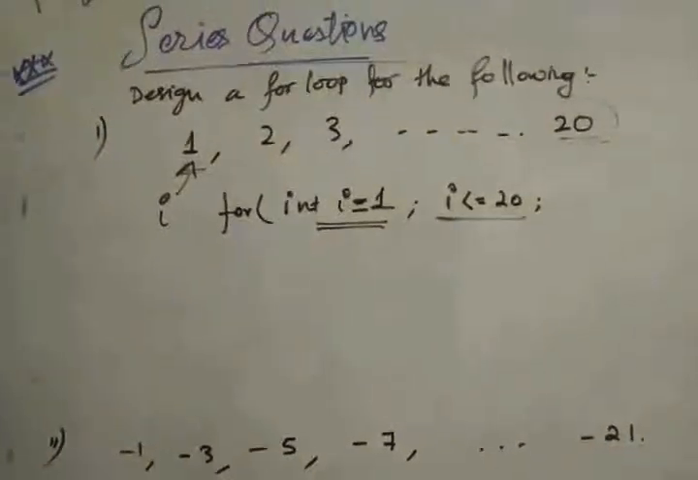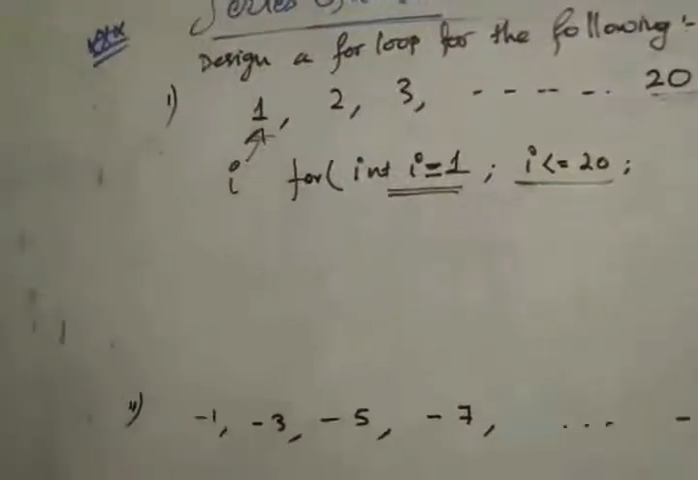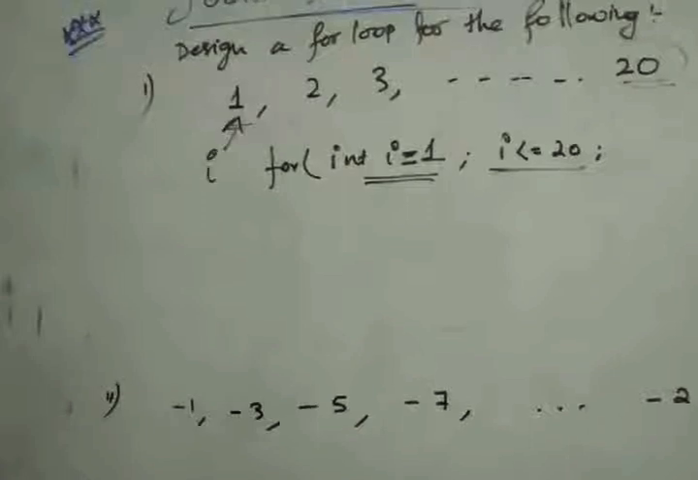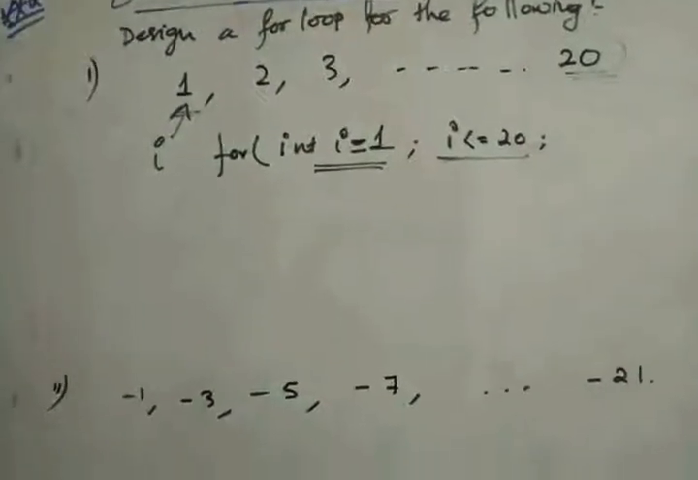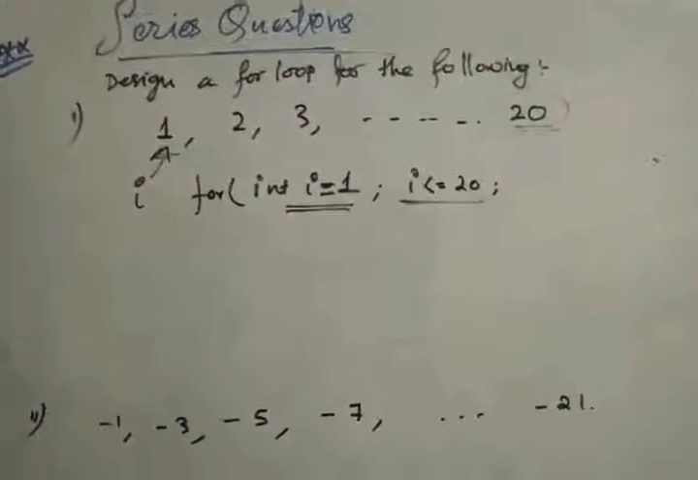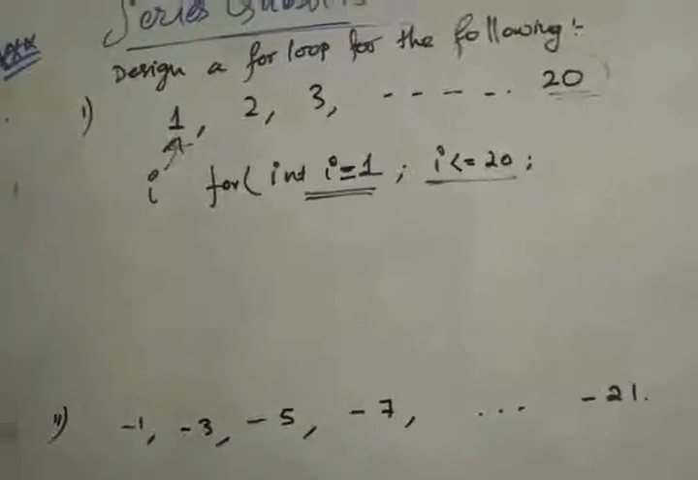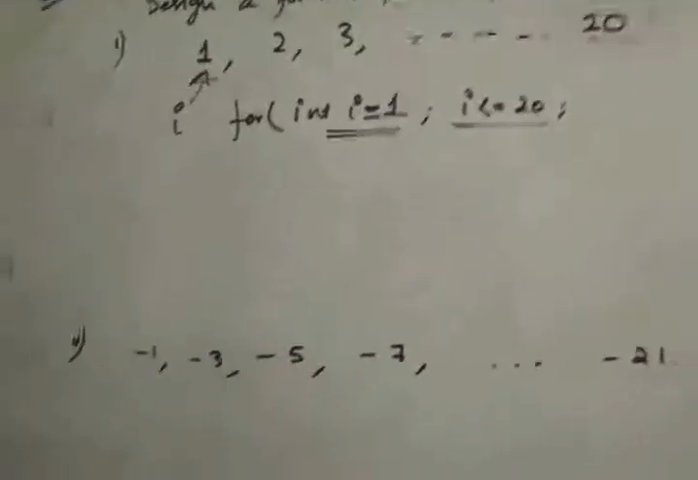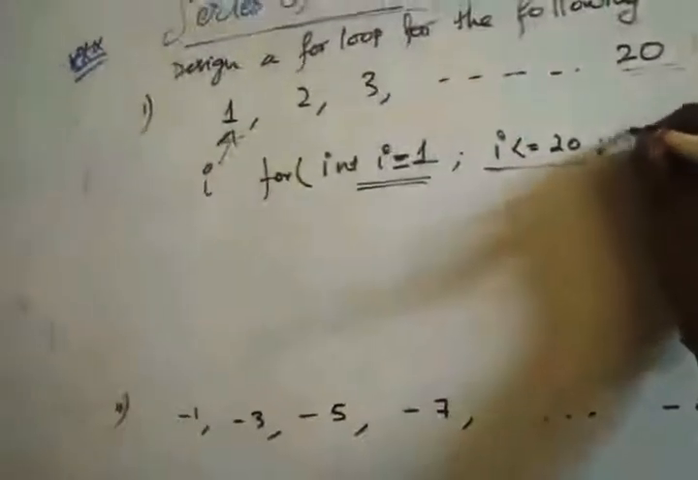Next we need to write what? After the condition we have increment or decrement. In this case, what is happening? Is it increasing or decreasing? Obviously it is increasing. The value of I is increasing 1 by 1, like after 1 the next value is 2, then 3. It is increasing by 1. So if I want to write that, I have to write I plus plus,